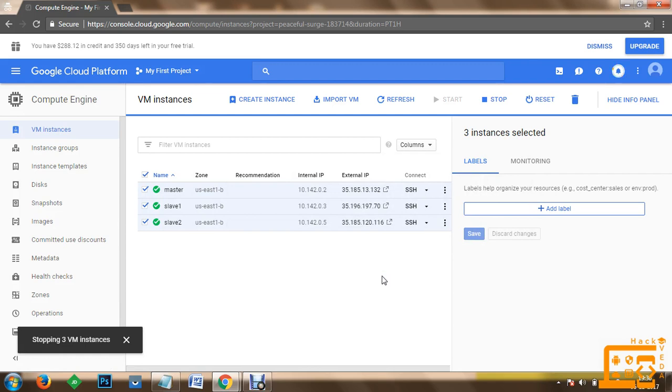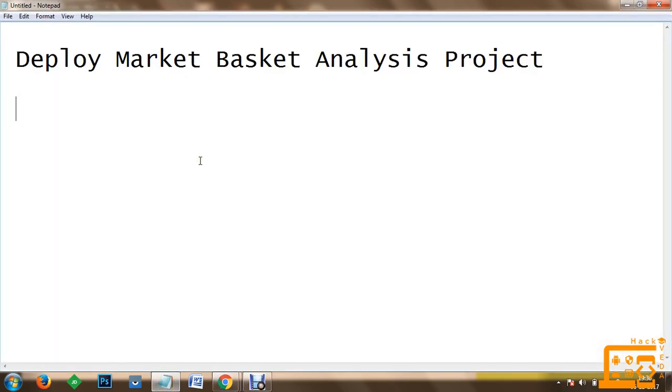You can keep your machines stopped, and once you restart them, it may be possible that the IP addresses change. In case of a change in IP address, you can modify the IP address information about slaves and master in the files, /etc/hosts, and this information has to be updated on all the machines, the master node as well as your slave nodes.